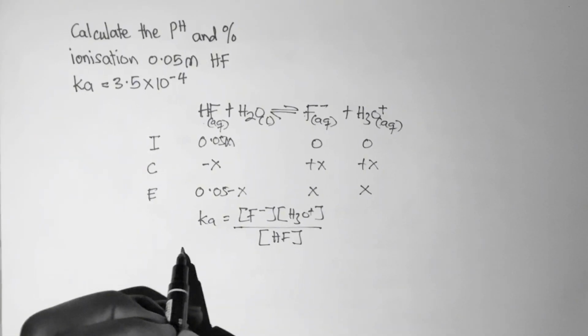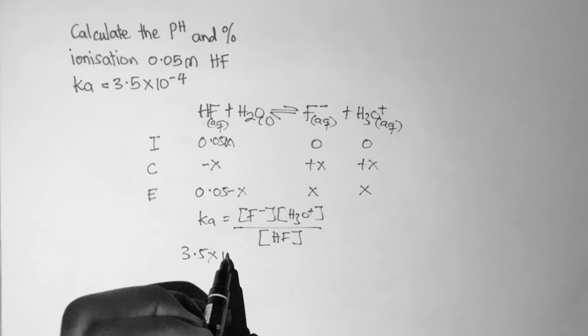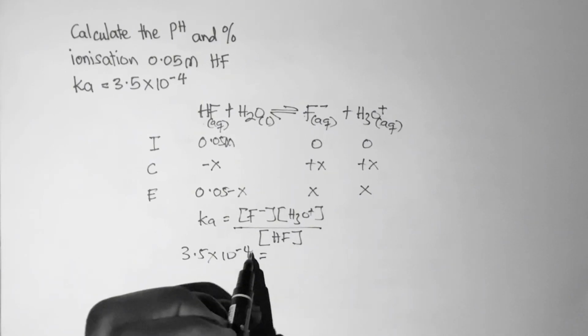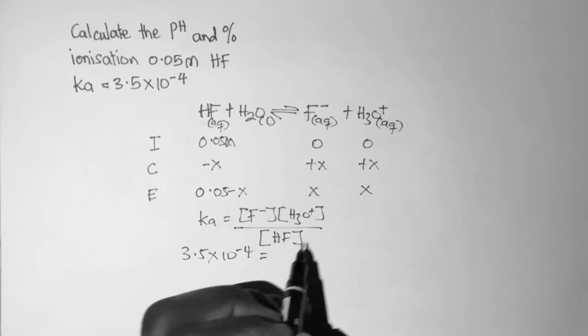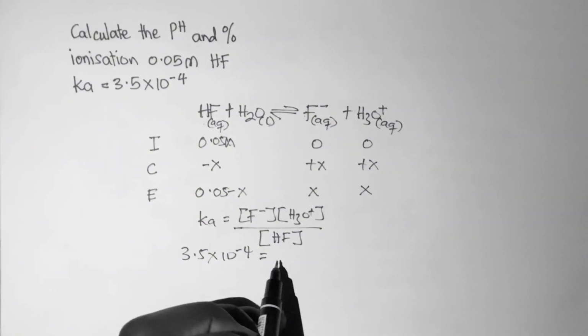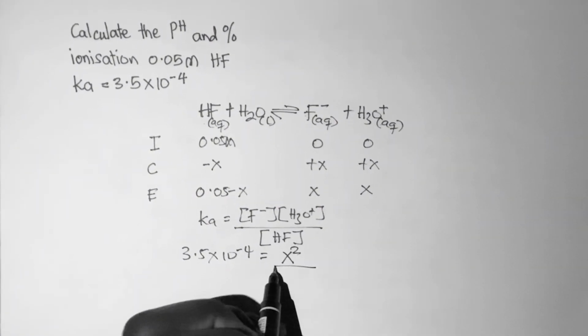So Ka was given as 3.5 times 10 exponent minus 4. This is equal to fluoride anions is X times hydronium ions is X. So here's X squared divided by